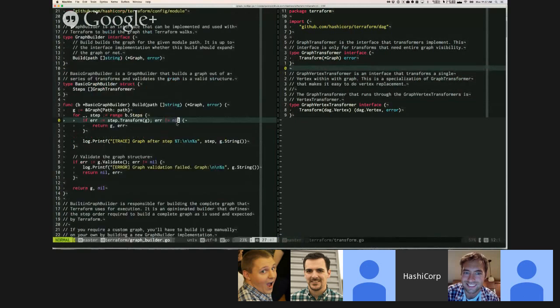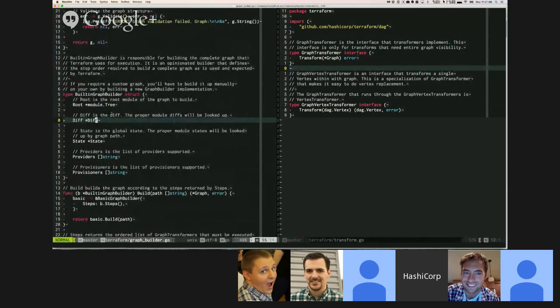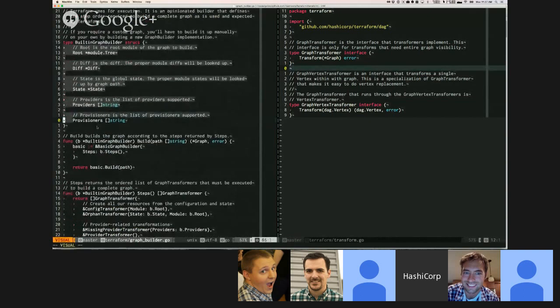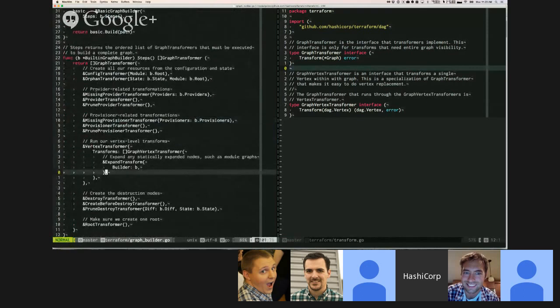And now I'm back on the left here. If we go back, here's the built-in graph builder. You could see there's a lot of state being put into this thing. But the difference is, and you'll see in a second, here's all the steps. This is basically graph.go with things in order: first add the config, then add orphans, missing providers, all this stuff is in order, except you could see that now the state that we're passing in